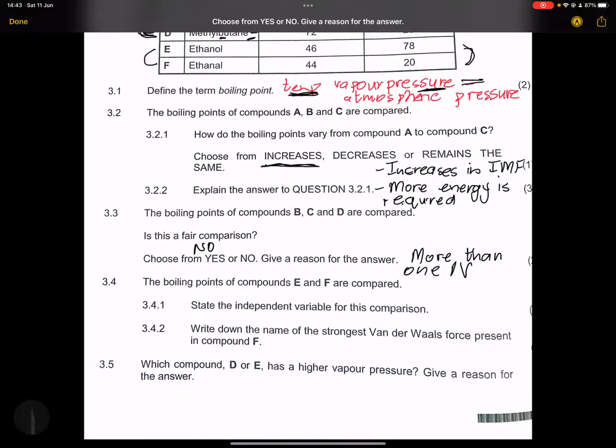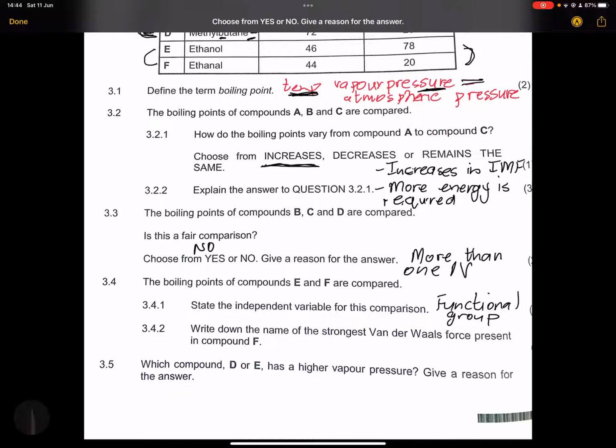Okay, right. So they said, what is the independent variable between E and F? So you can say that it is the functional group. That is the functional group between the two, so that's what's different. And then they say to you, write down the name of the